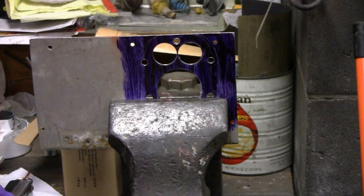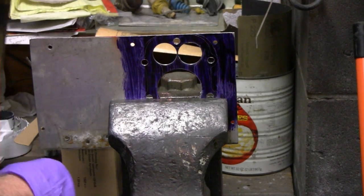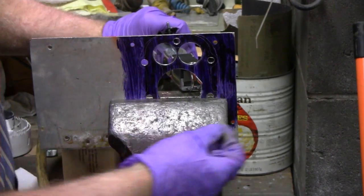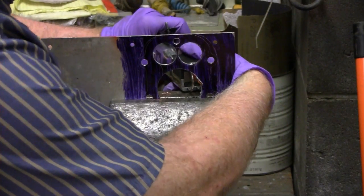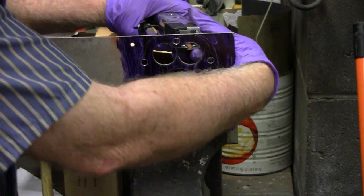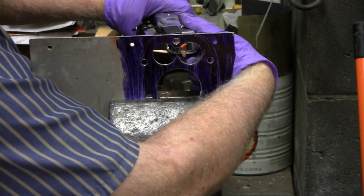Alright, I got the little air hacksaw hooked up here, and I'm going to go at it from behind, only because I can see where it's going in the front here. I'll try to stay out of your way here. I don't know if I can or not. So you know what, let me get this one up top here first. I'm not going to get too close because it's kind of thin there, and I'll get the rest of it with